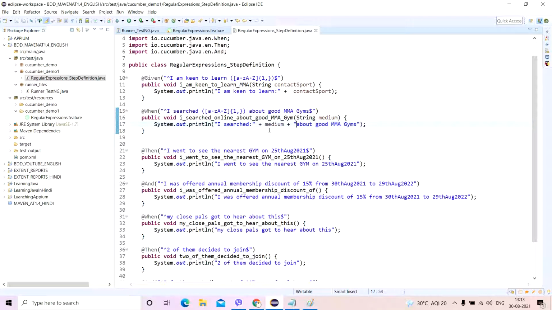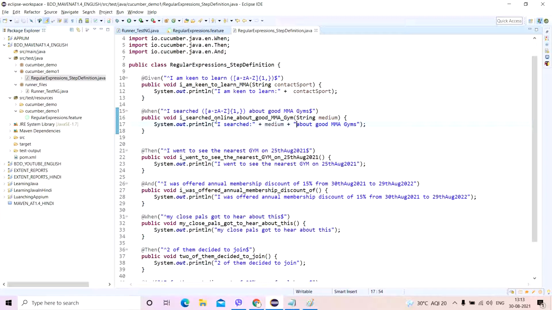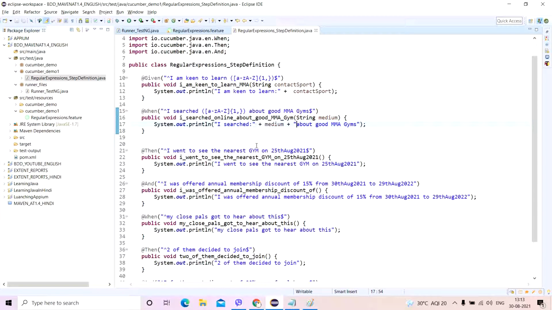Looks good, right? I searched about the gym online, or I searched via reading a newspaper, or some friend told me, or I got it from Facebook or some other news channel. So I'm changing the medium to whatever I want. I'm parameterizing this, not making it fixated, so I can use it any way I want.